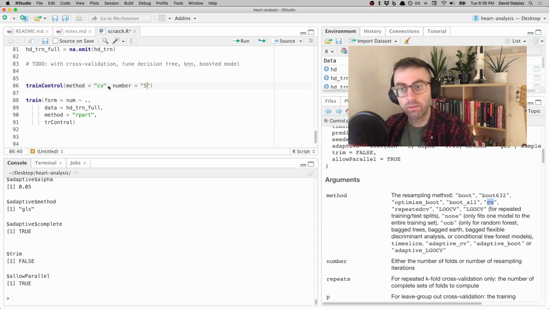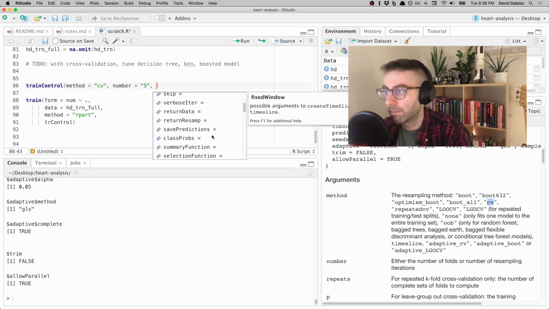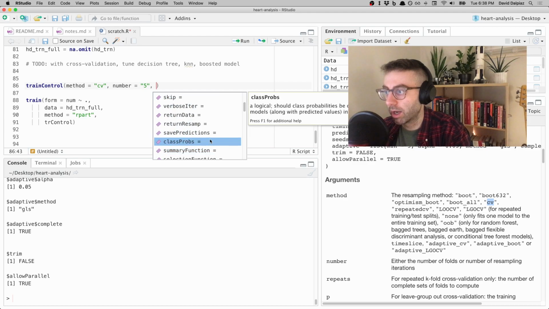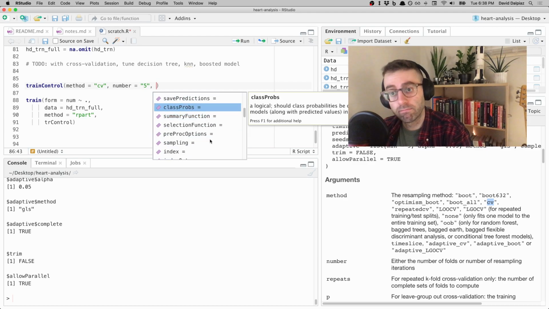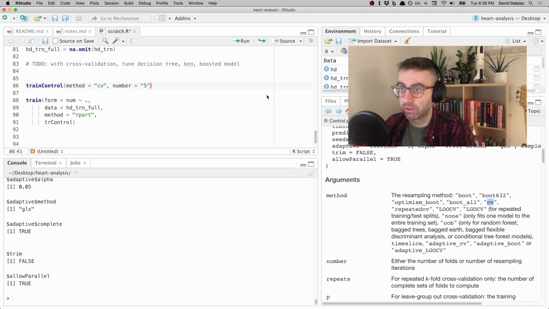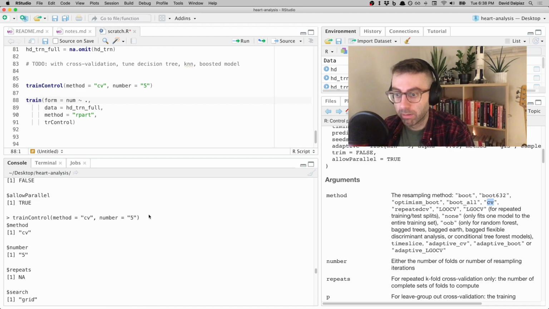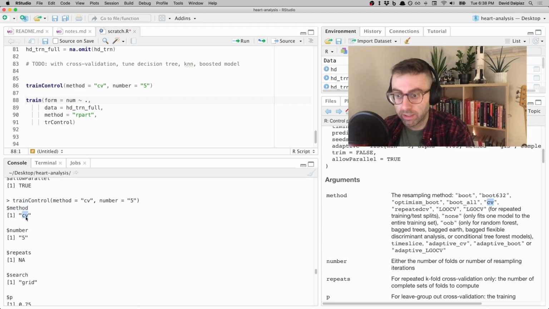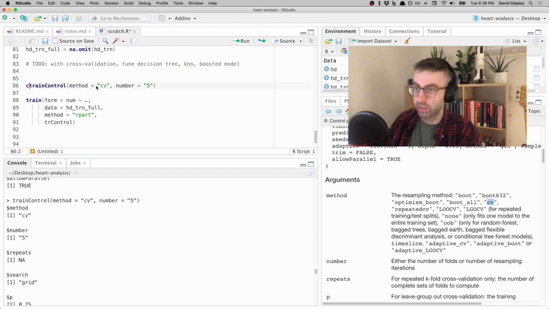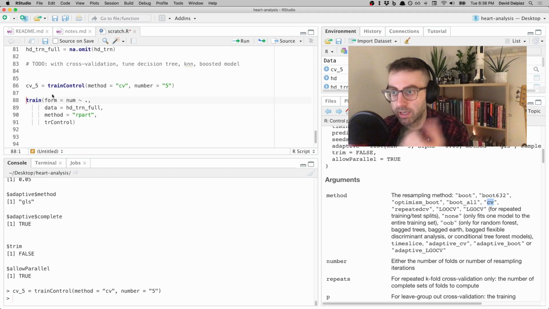Number fold. Let's do 5-fold. And then there's a bunch of other options here, which we might return to. But for now, I think I can get away with doing just this. So now it creates this whole list for me. But importantly, the method is CV, the number is 5. I'm going to call this CV underscore 5. So basically this is the setup, and if I put it here,